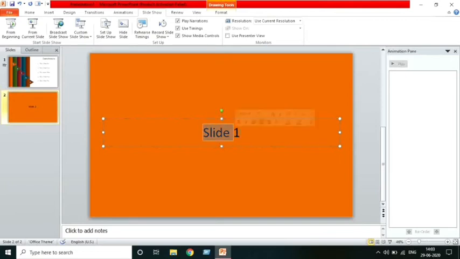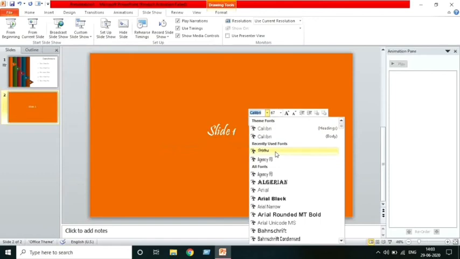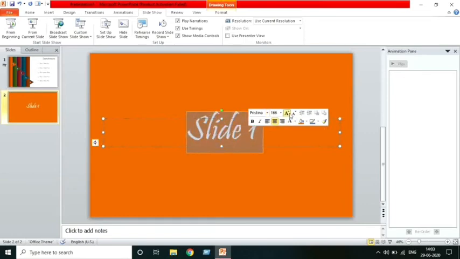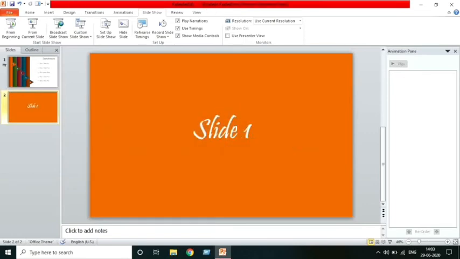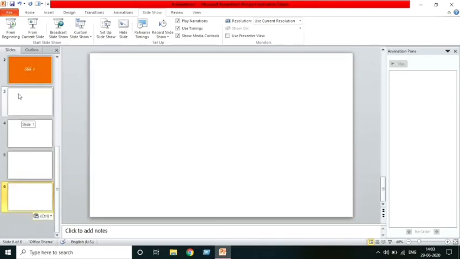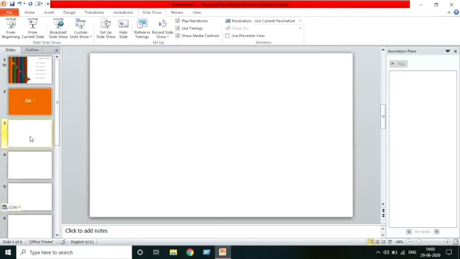We'll select this slide 1 and keep its color white. Okay, so this is slide 1. Any font you can take, but preferably the same font we have chosen for the content, we will try to keep here. Make sure this is visible, so I am just adding the font size. So my slide 1 is ready. Simply copy this and paste it; we want a total of 5 slides, so we need to add 4 more. Again we'll come here and add the format background.